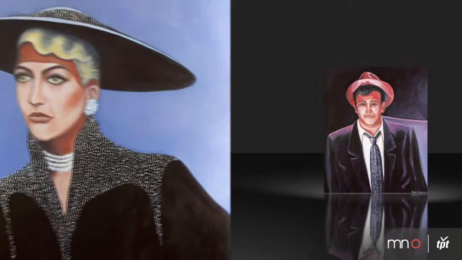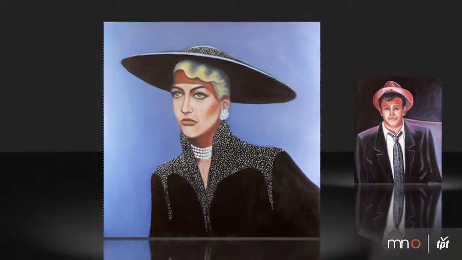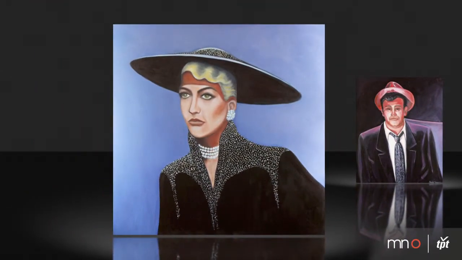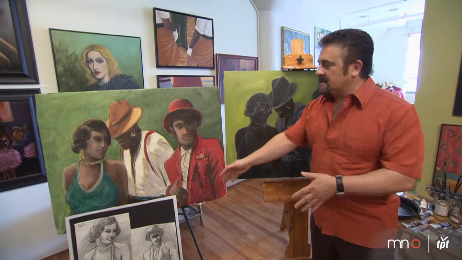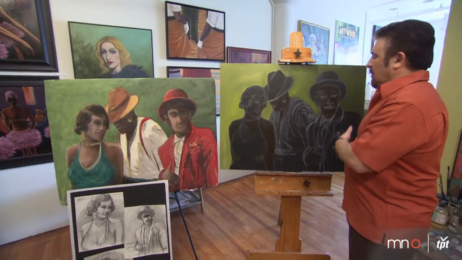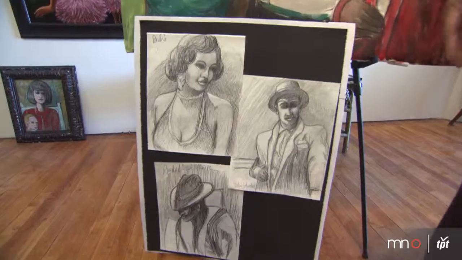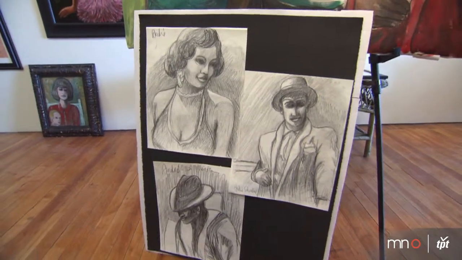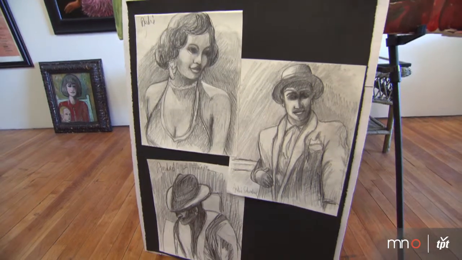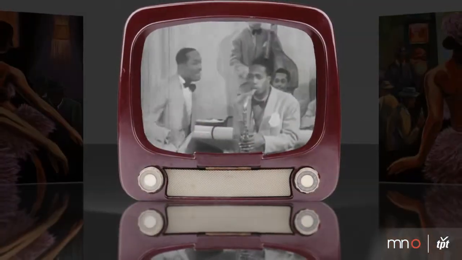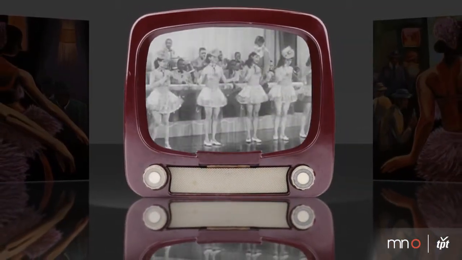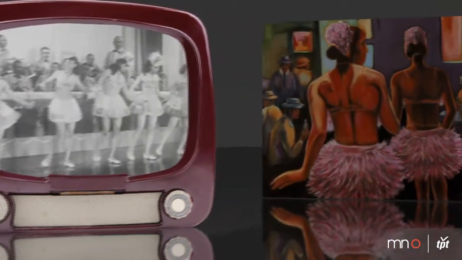This work is really about my childhood in America and what I thought defined America in my childhood. And it was American cinema from the 50s. It starts out with sketches, a master sketch, and then what will become eventually the oil painting. These are the sketches that I start out when I'm trying to conceptualize the characters. And I think a lot like a writer. I love the imagery from 1930s juke joints and jazz clubs. And so I look at film footage, I look at archives, trying to get ideas.